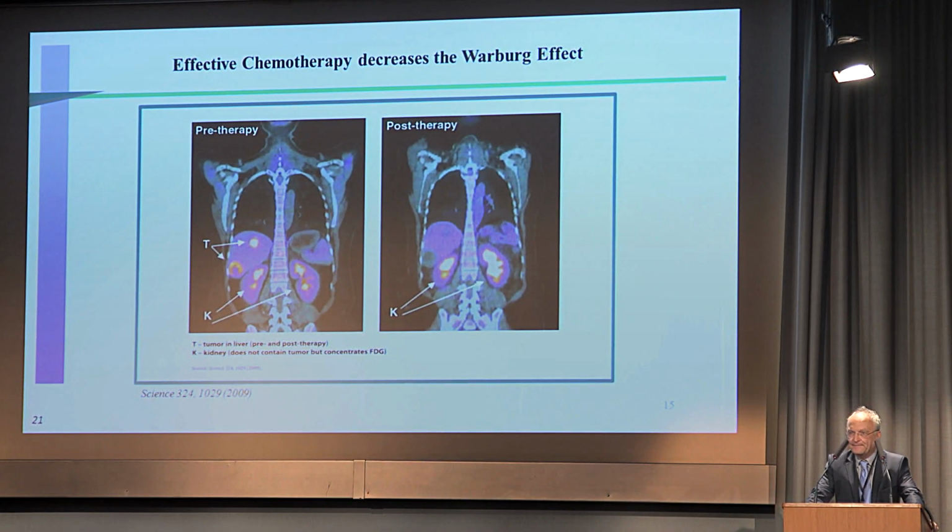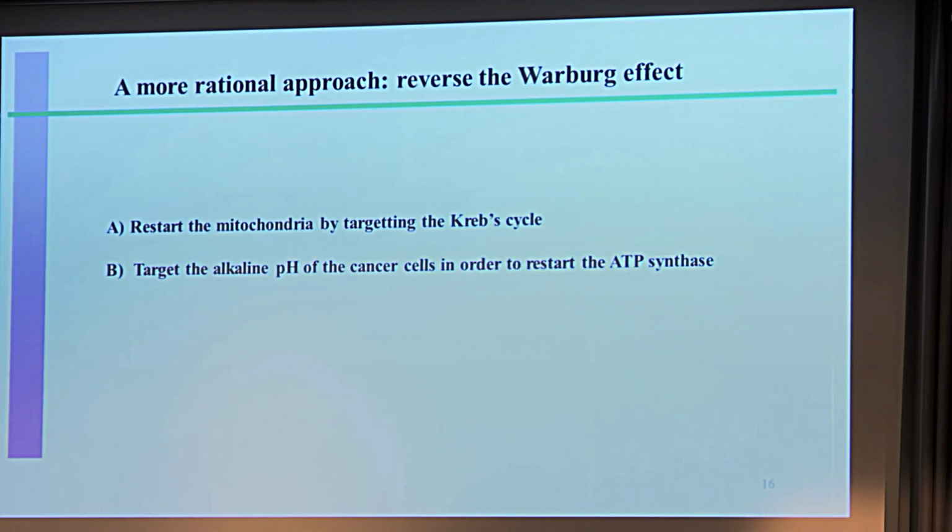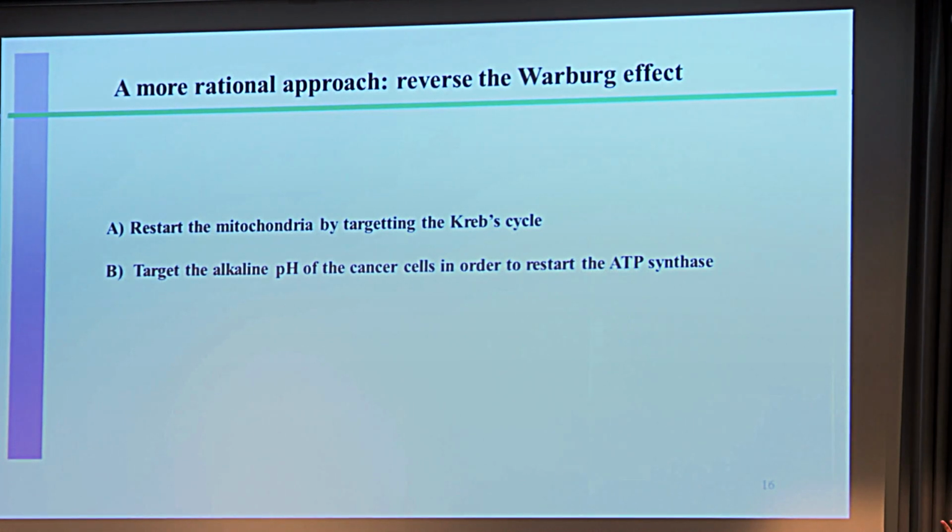So chemotherapy, and we'll go into that afterwards, is very effective at rewiring the cancer. But obviously, there are better things than chemotherapy, which has its own limitation, and we will not go into that. We have found two ways of restarting the mitochondria. The first is targeting the Krebs cycle. And the second, and that's the first time I'm going to talk about that, it's a work I did with